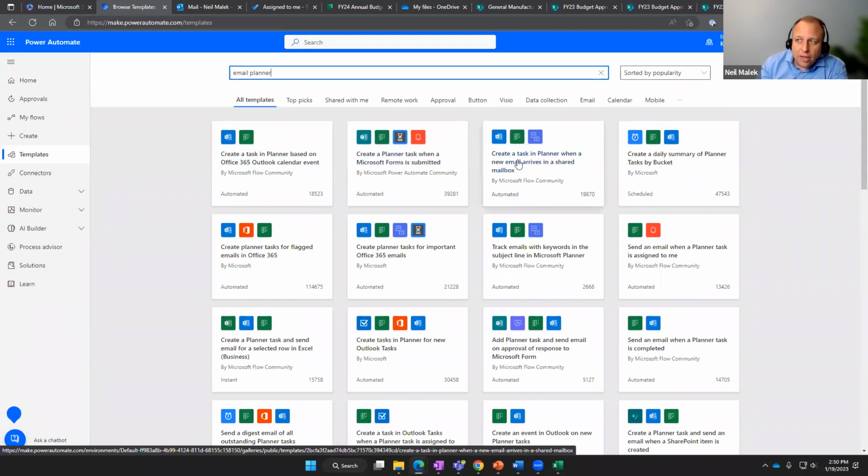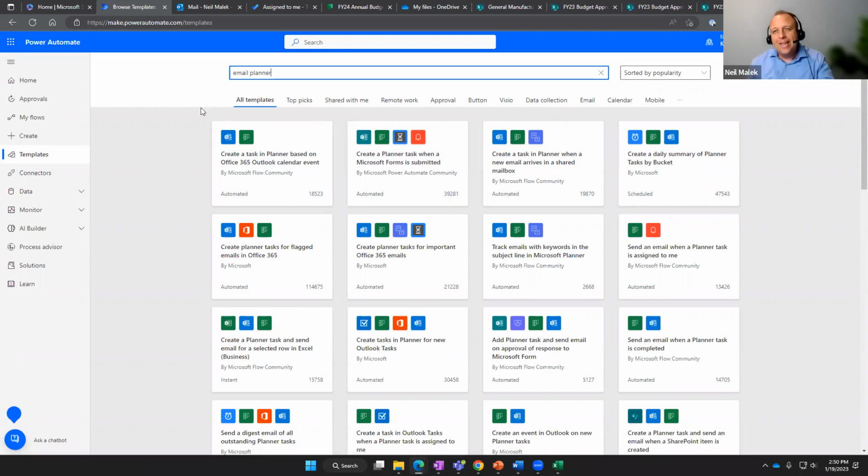Or when an email arrives, create a task. But right here, create a daily summary of Planner tasks broken down by bucket. This is the sort of thing we'll be using as soon as we get back after our last break today. All right, everybody, hold on to everything. In 10 minutes when we come back, we'll be making